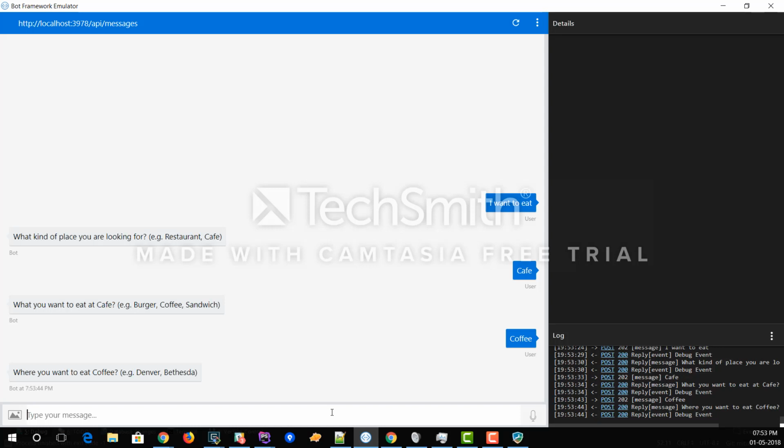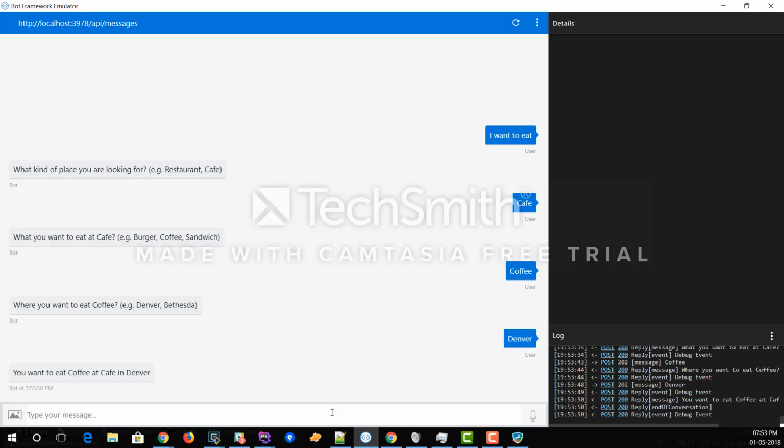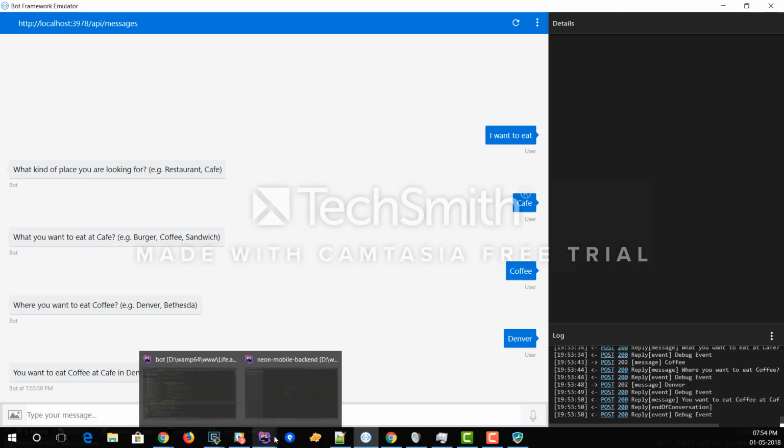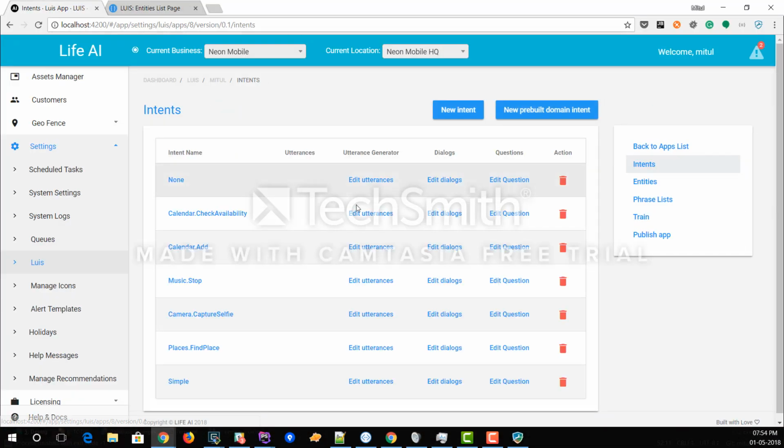And I will say coffee. So where you want to eat coffee? I will say Denver. And it should return the same answer. You want to eat coffee at cafe in Denver. So this is how we are capturing our user inputs and using them in our final dialog. When all this information has been gathered from the user, then our final dialog will be called, which we are defining. It can be multiple dialogues as well,